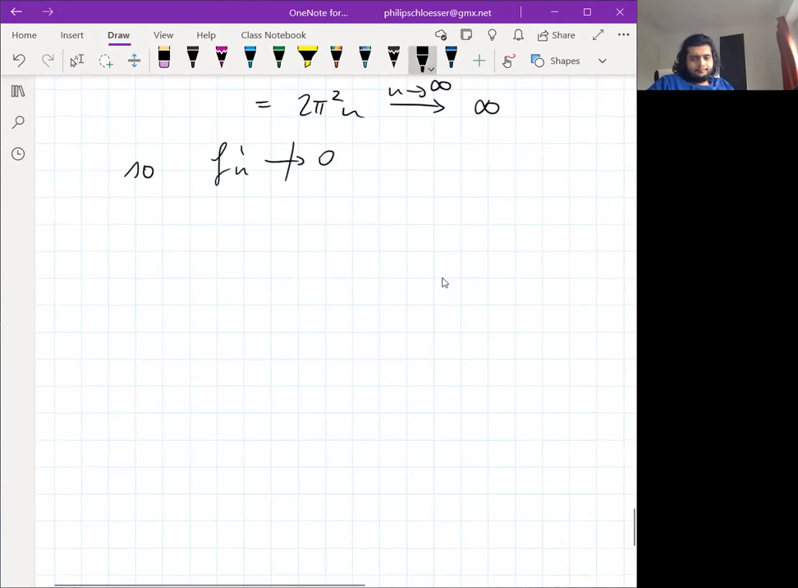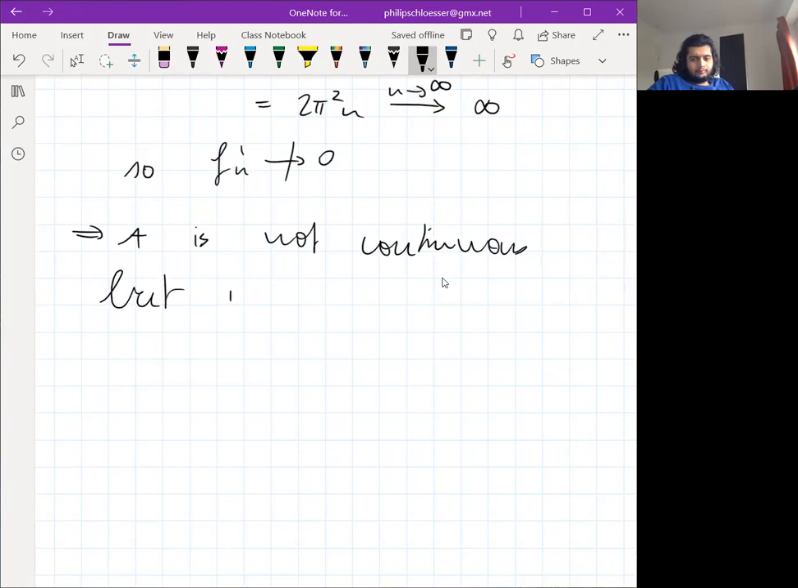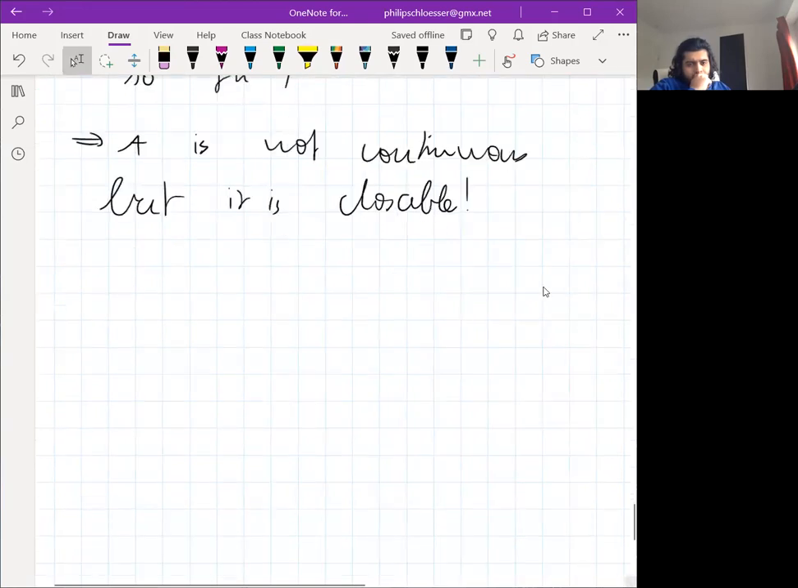But we can show that, as a consequence, A is not continuous, but we can close it. And, well, one very nice property of closed operators